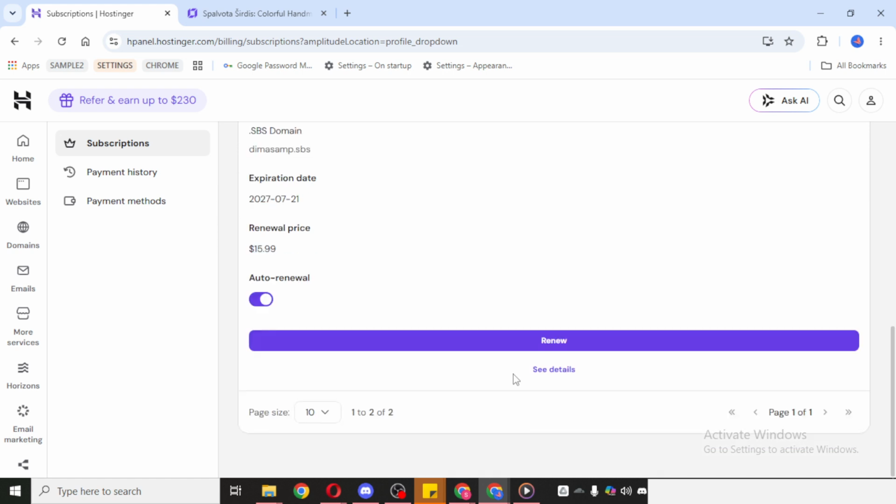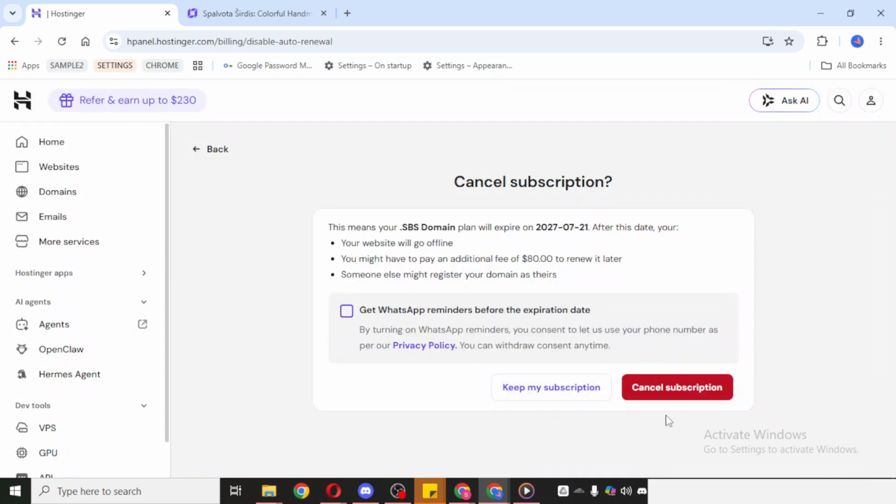When you open that subscription, the next thing you need to do is click Disable Auto Renew. This step is very important because it helps make sure the service will not renew again while you are working through the refund process. If you have more than one active subscription, repeat this same action for each one. In other words, go through all of your subscriptions and make sure Auto Renew is turned off wherever needed. Taking care of this first can help avoid unwanted future charges and keeps your account settings organized before you request the refund.